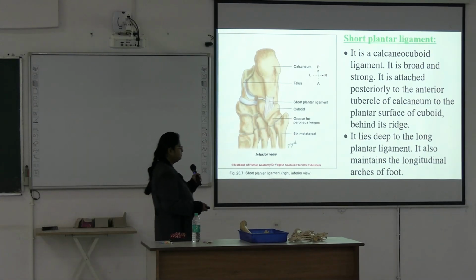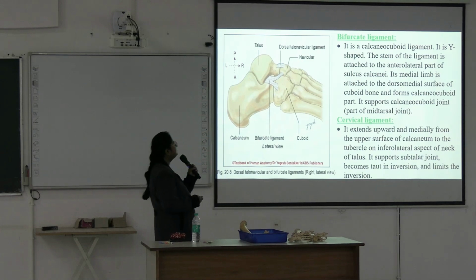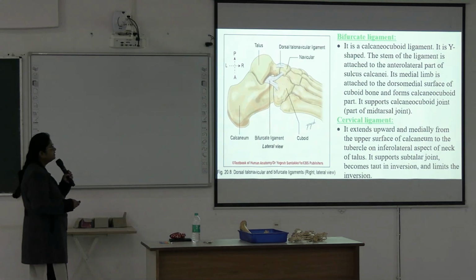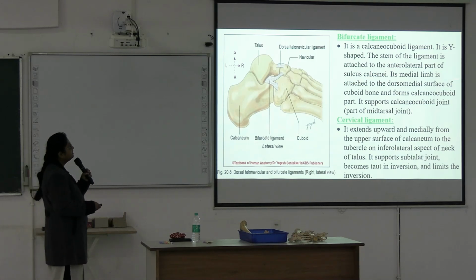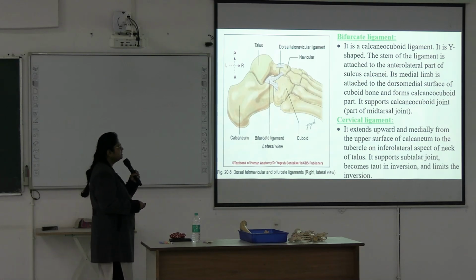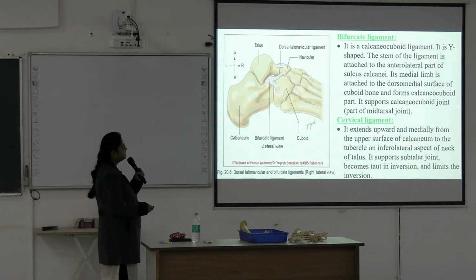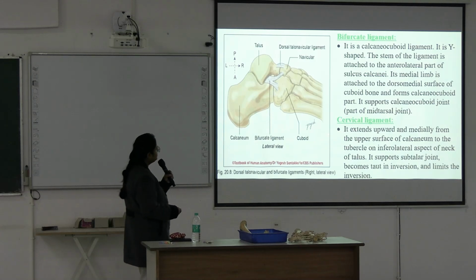Next, bifurcate ligament is calcaneo-cuboid ligament. Y-shaped stem of ligament attached to the anterolateral part of the sulcus calcanei. Medial limb is attached to the dorsomedial surface of cuboid and forms calcaneo-cuboid part, supports the calcaneo-cuboid joint part of metatarsal. And cervical ligament